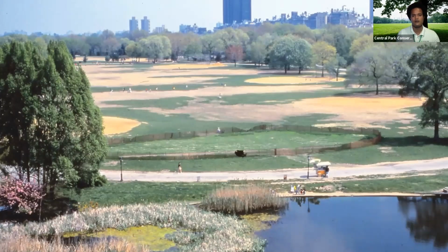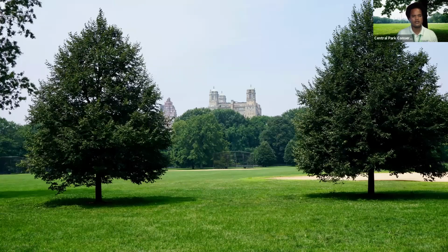The Conservancy, as a result, entered into an $18 million restoration where the compacted soil was removed. The old foundations of the reservoir were also removed. The new sprinkling systems were installed. Over 200 automatic water sprinklers, hundreds and hundreds more of trees were added, like these 2 linden trees that you see here framing the Beresford apartments on Central Park West at 81st Street, right at where we entered into the park. And again, today providing for a very healthy environment, one that is better managed and providing for beautiful visitor